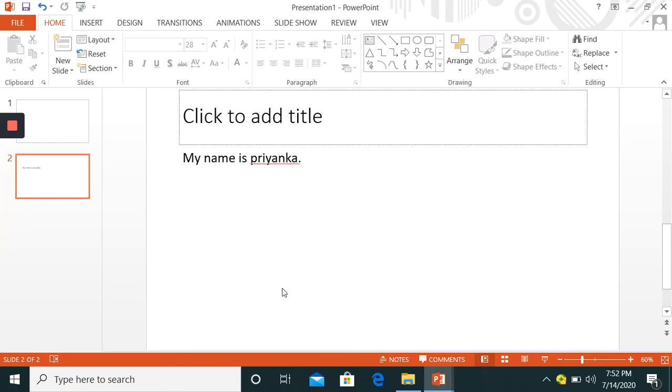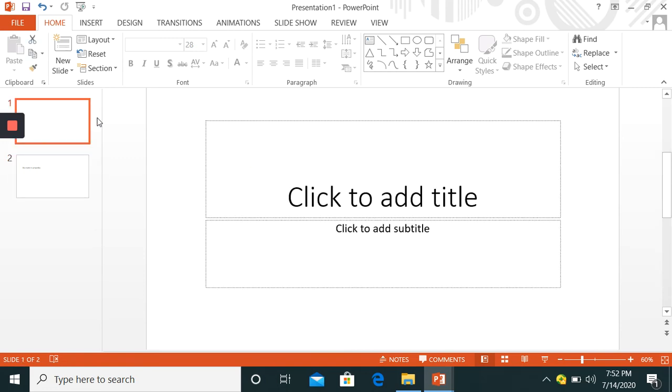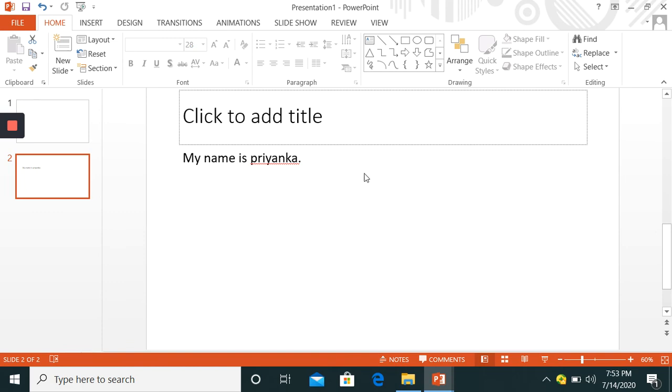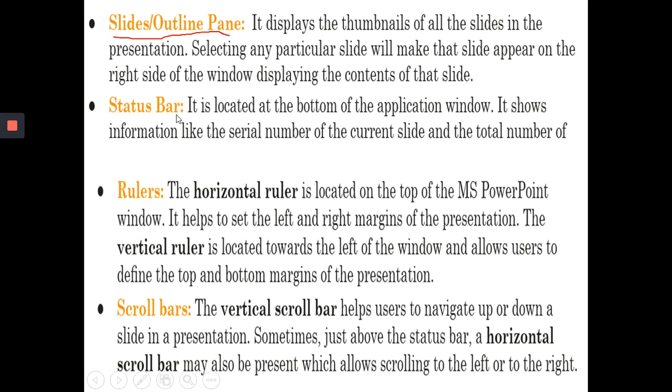So see in this, so এটাকে বলে স্লাইড থাম্বনেল এরিয়া, যেখানে আমার প্রত্যেকটা স্লাইডকে ছোট ছোট বক্সে দেখাচ্ছে। এটা আমার ফার্স্ট স্লাইড নাম্বার 1, এটা আমার নাম্বার 2 স্লাইড, মানে নাম্বার 1 পেজ অফ দ্য প্রেজেন্টেশন, নাম্বার 2 পেজ অফ দ্য প্রেজেন্টেশন। এবারে যখনই আমি যে কোনো একটা থাম্বনেলের উপর ক্লিক করব, সেই স্লাইডটা আমার এখানে অ্যাপিয়ার করবে। If I will click slide number 2, then slide number 2 will appear here. Okay, so this position is called slide thumbnail. Clear?